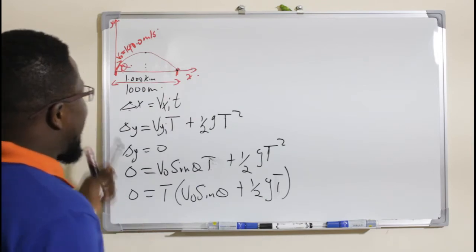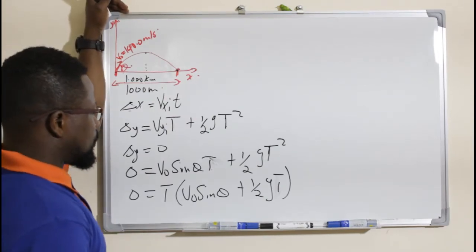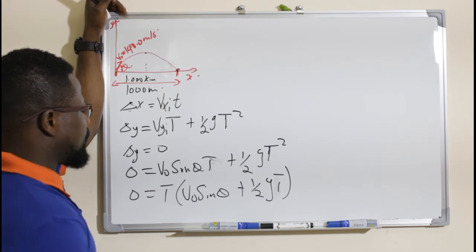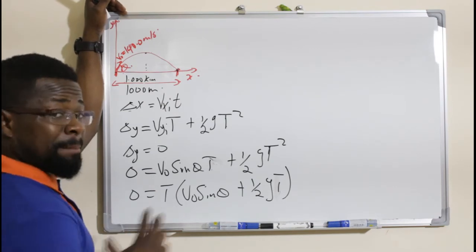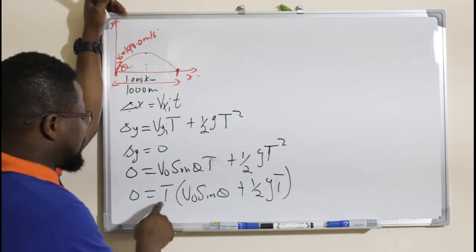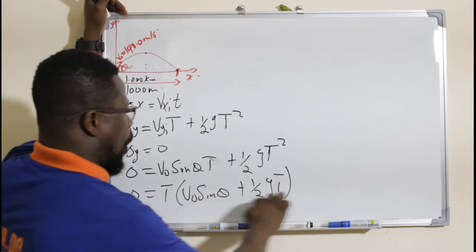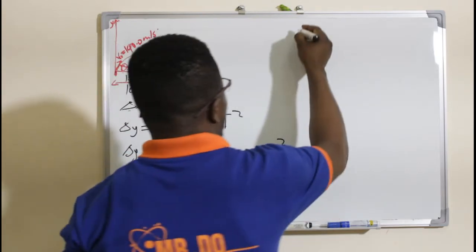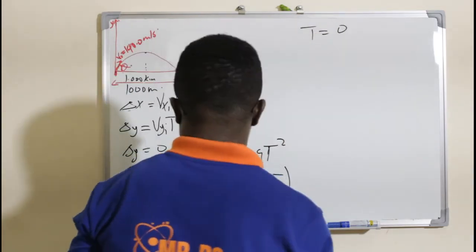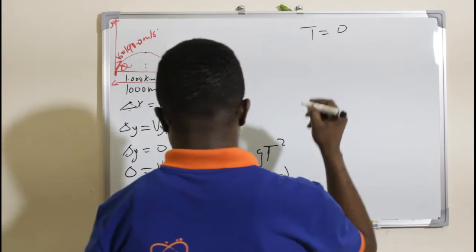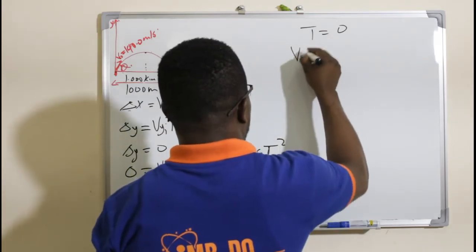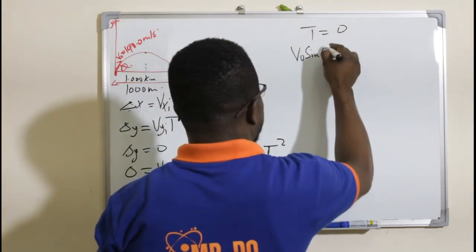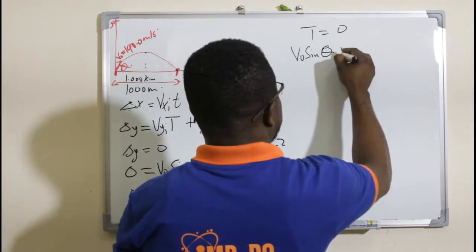Okay. So I have factored out t. So what is this going to be? It simply implies that from here I'm going to have t equals 0 or all this equals 0. These are the two solutions. So I will have t equals 0, where there's one part, and on the other part we're going to have v naught sine theta, plus half